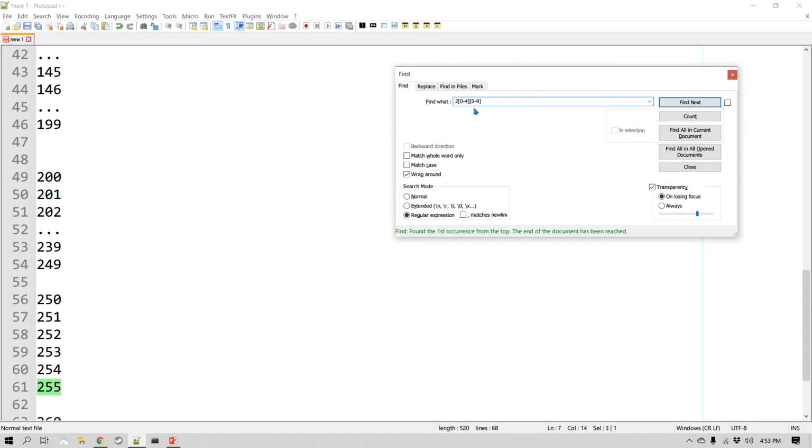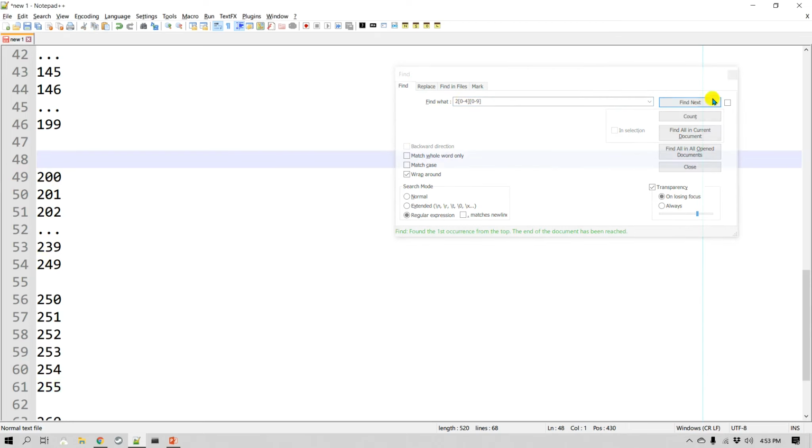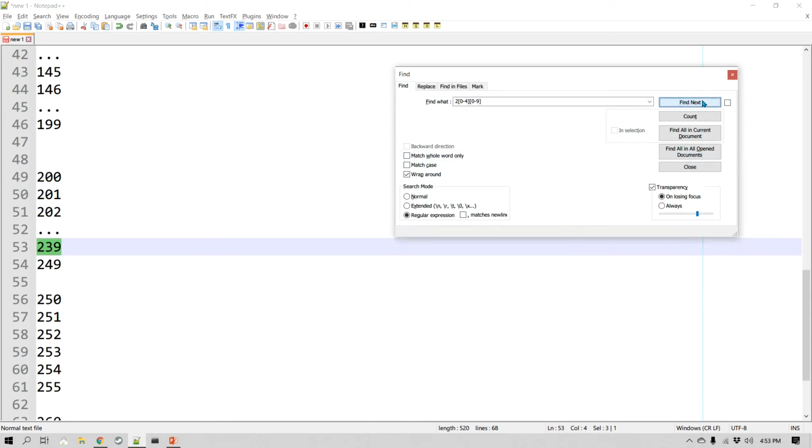If you take a look at this expression, it starts with the first digit, which is 2. It'll match anything from 0 to 4 as the second digit, and then 0 to 9 as the third digit. Now if I test this, you can see it is matching all these.